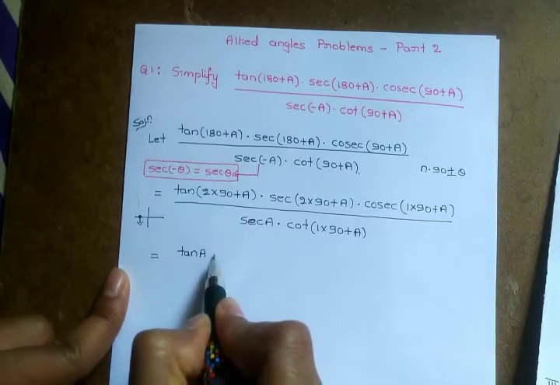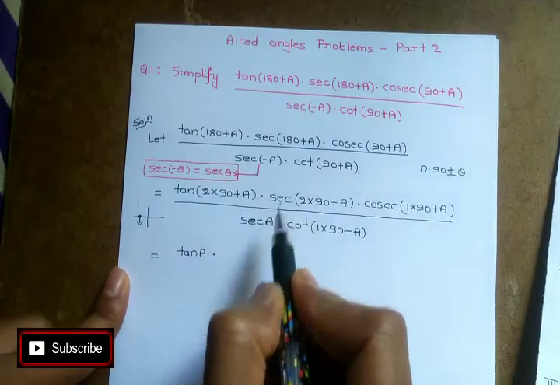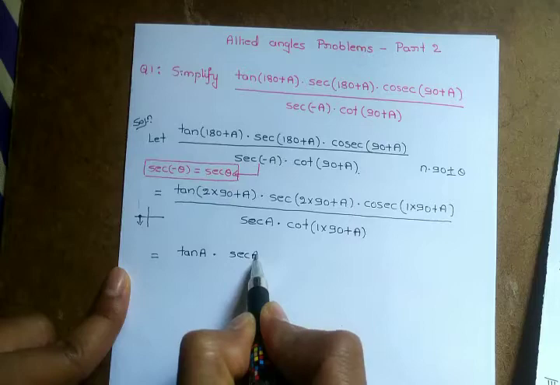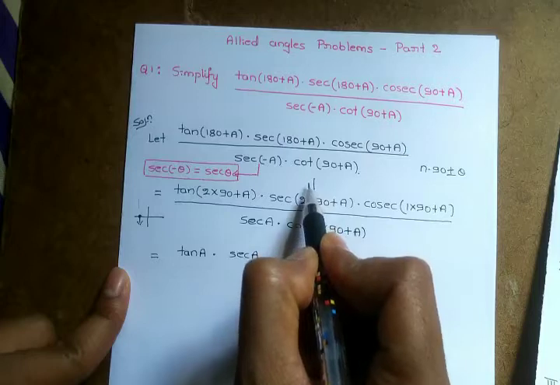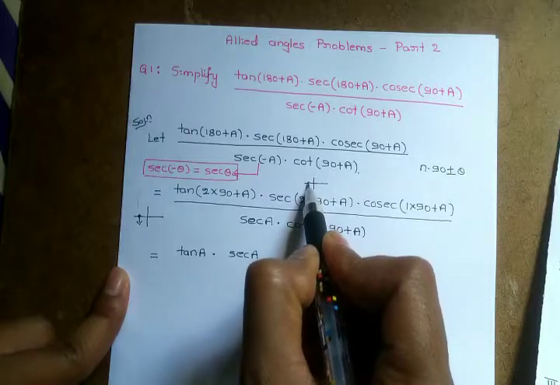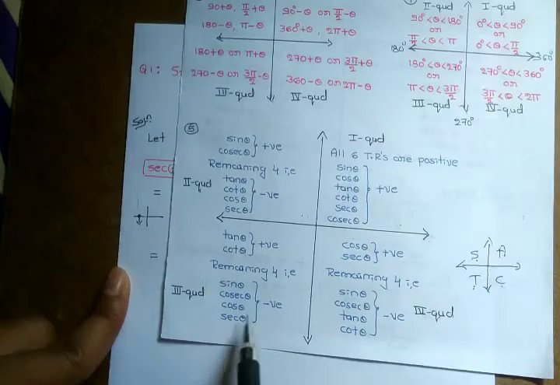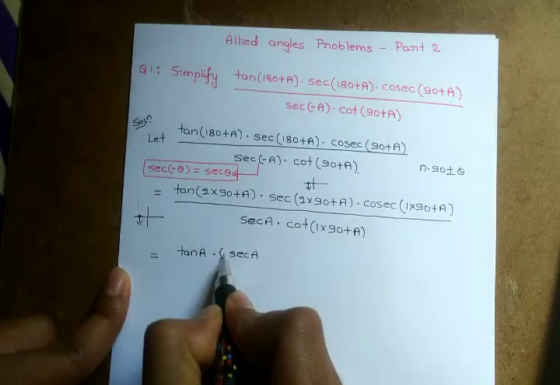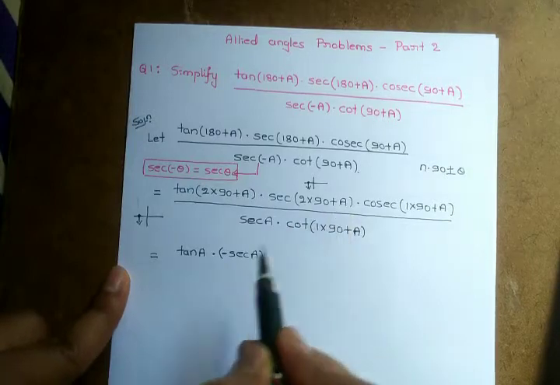The answer for tan of 2 into 90 plus a is tan a. Next, again here an even number, so sec will remain sec. At the end a is there, so keep that a as it is. Again 2 plus: 0, 1, 2, here it will come. Plus means again third quadrant. In the third quadrant sec is negative sign. Therefore you need to mention the minus sign in bracket. So sec of 2 into 90 plus a is minus sec a.